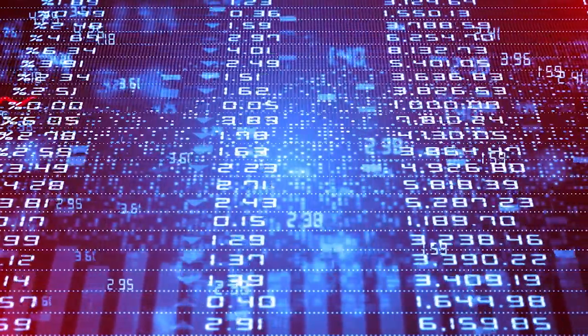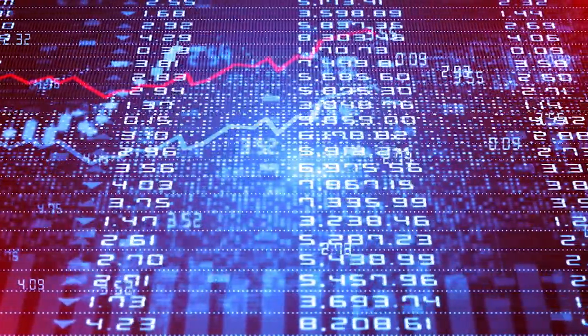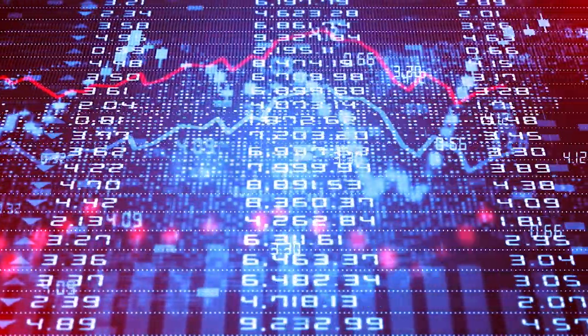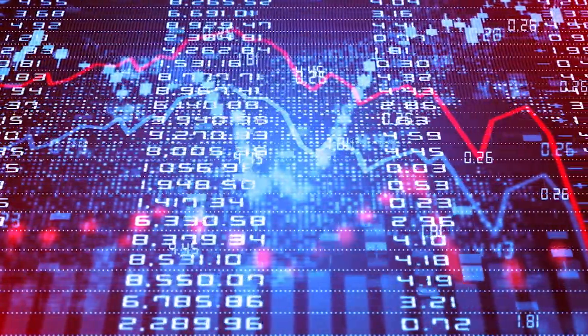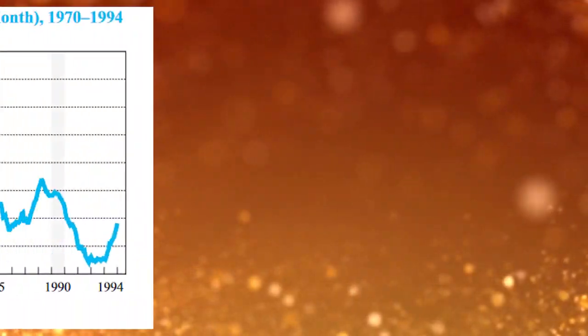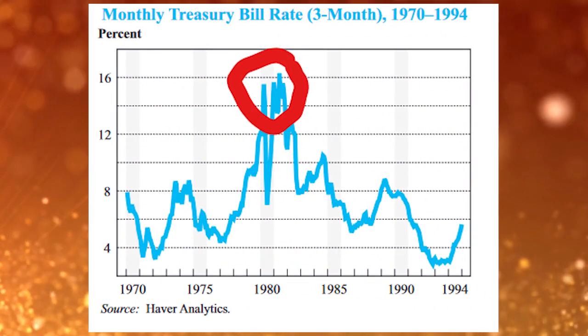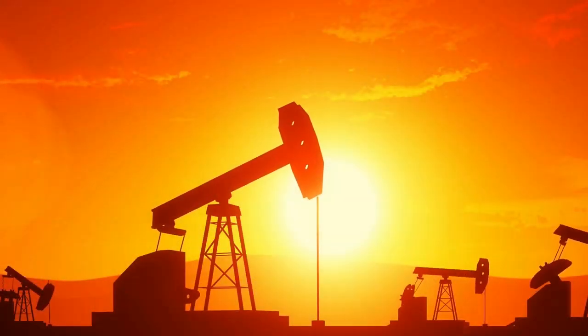In the late 70s, early 80s, there was something called the Latin debt crisis. What this basically was, was record high inflation during the 80s caused by the Federal Reserve's effort to curb oil-based inflation. It was a little bit different. It wasn't based on the dollar appreciating because of just a rise in interest rates. It was a combination of a rise in interest rates and also a decline in oil prices.